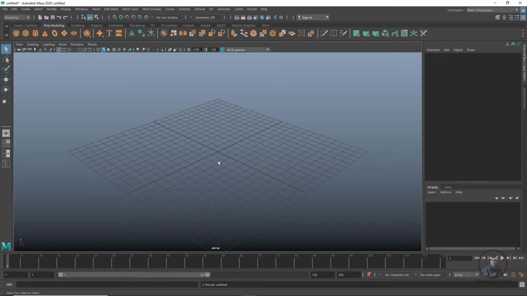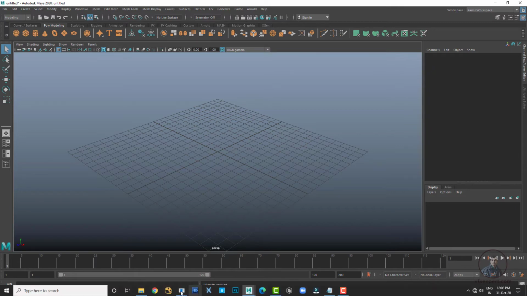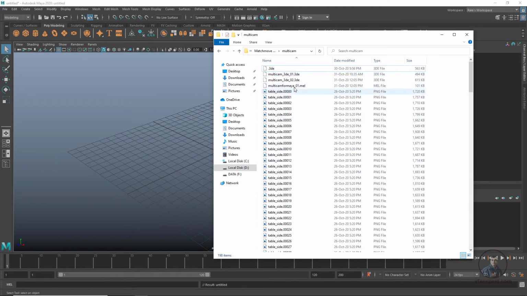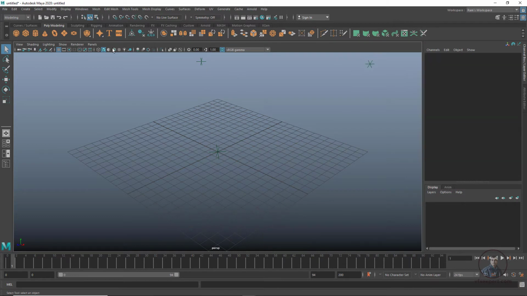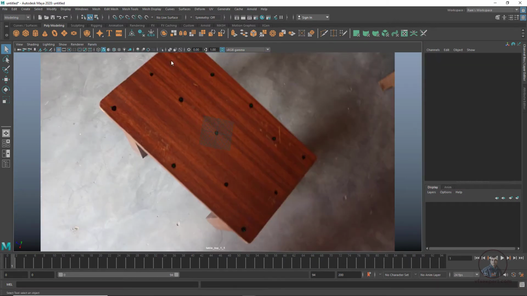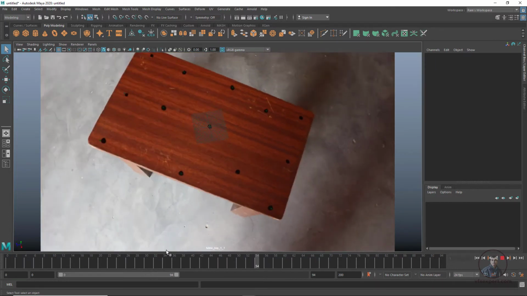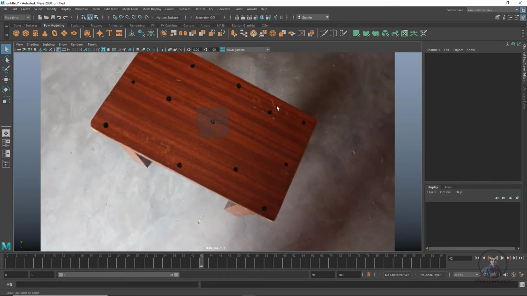Now I am going to import our .mel file, which I have created from 3D Equalizer. Select it and just drag and drop here. Then click on Panels, so you can switch easily. This one is our top view, so you can easily see it like this. This is our grid and these are our points here. Maybe just the second camera.